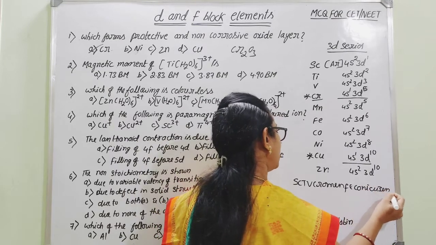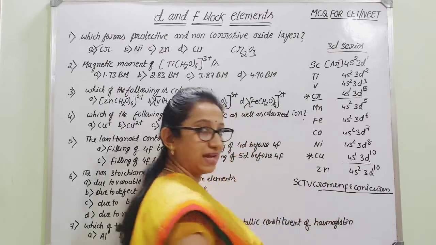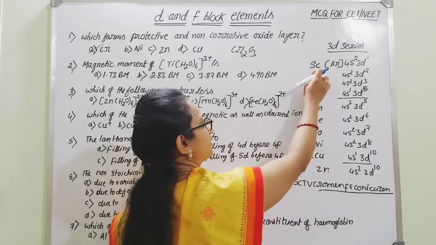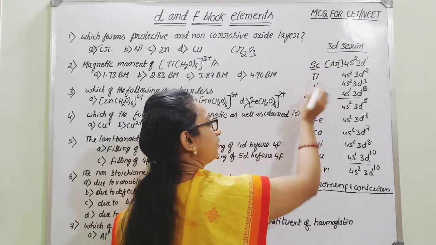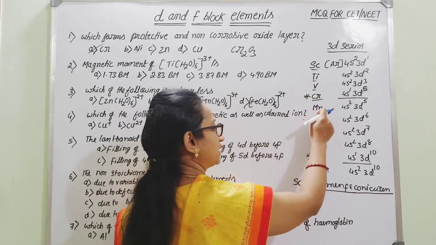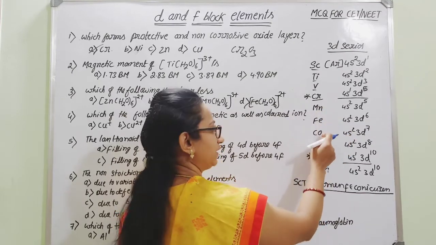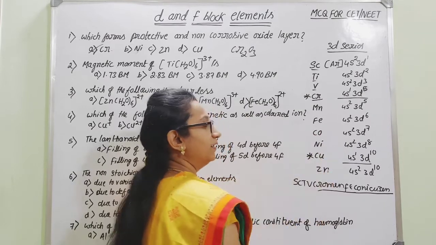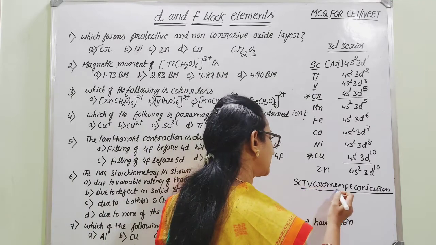Nikusen. So Kromen Fekkonikusen is the name of the founder of that channel. Which is that channel? That is SCTV. So here SC stands for scandium, T stands for titanium, V stands for vanadium, C stands for chromium, and Mn stands for manganese, and Fe, that is of course iron, Co cobalt, Ni nickel, Cu copper, and zinc. That is how we can remember that name.